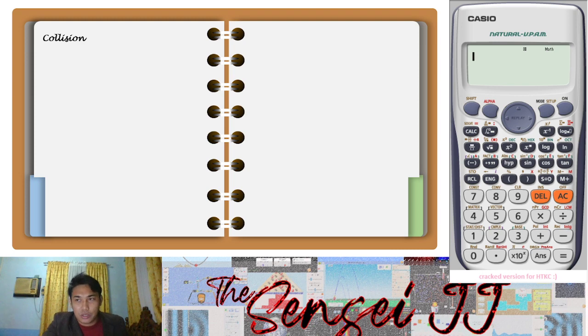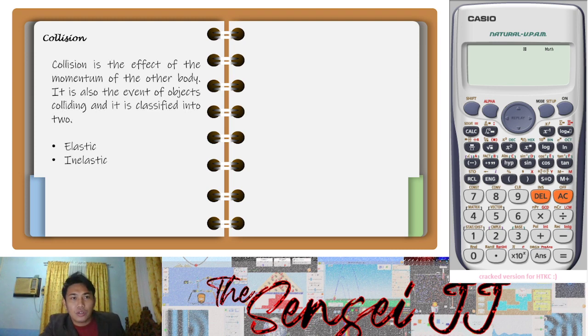So for collision, collision is the effect of the momentum of the other body. It is also the event of objects colliding, and it is classified into two. For example, a while ago about our momentum, the two objects, the small one and the big one,